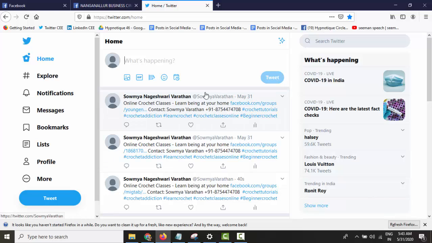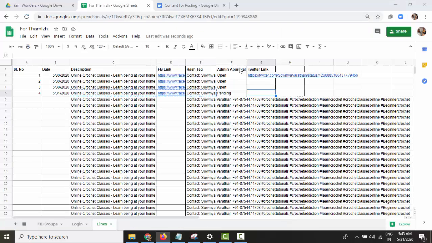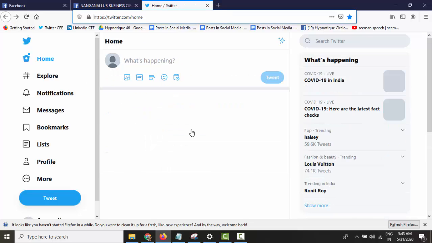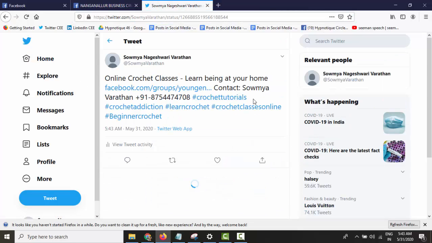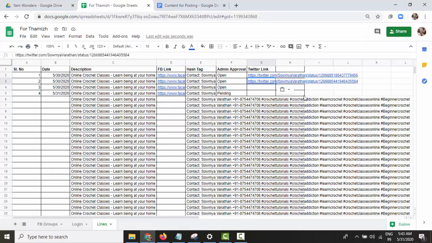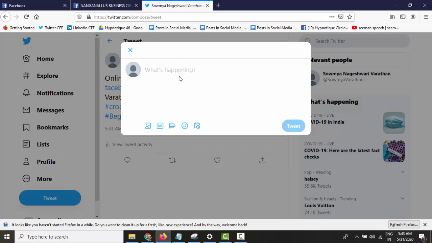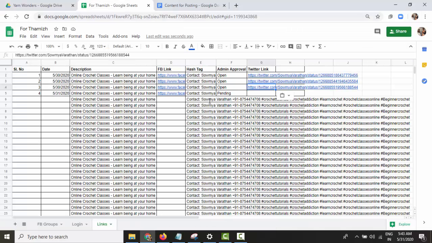Now I am going to take the Twitter link. You can open it in a new window. Click the 2s, in 2 seconds. Let's come back, and this is the last tweet. So this is how you take it. Or if you are getting confused, then and there after you tweet one thing, just click it and open it, and then once again come here. You don't go to home, you can just click this tweet over here. That's it. So this is what we are going to do.